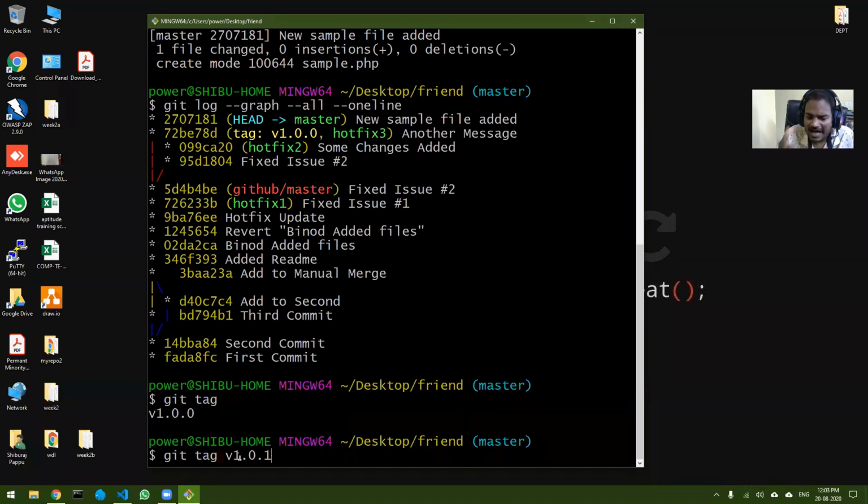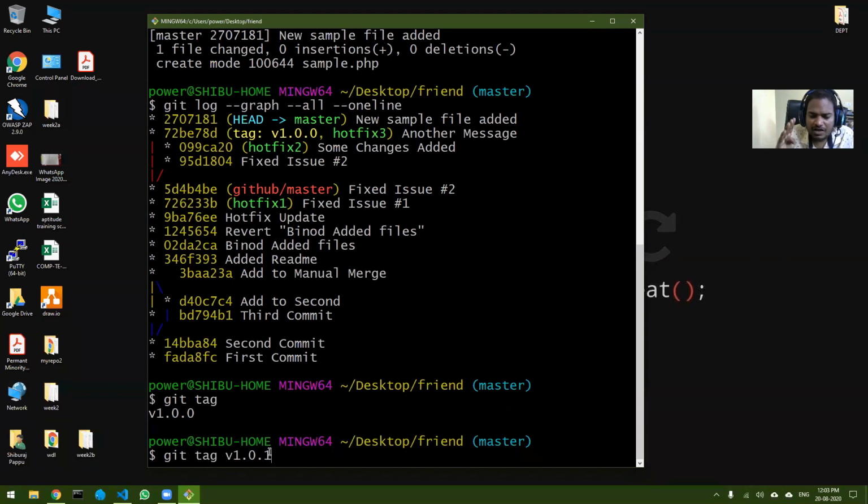Now this tagging part is completely your choice. Nobody is there to tell you that you cannot do this or you cannot do that. Let's suppose in the placement module you have added some AI feature, a completely new feature that was not there. Immediately you can add another tag, saying that it is a new minor release, that is version 1.1.0. That means the center part changes.